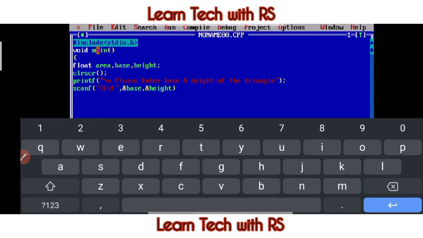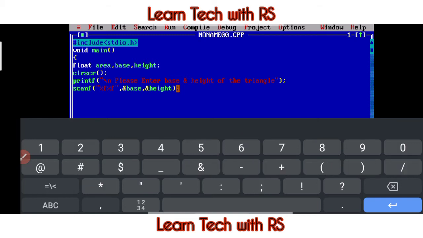So enter. Okay, no, here you missed. What you missed? Here you have missed the break. Okay, so put the break first, backspace. Oh no. Okay, you have to be very, very careful. Give the colon. Okay,